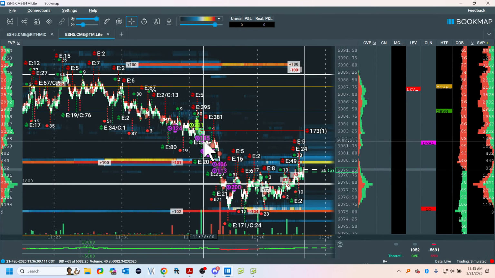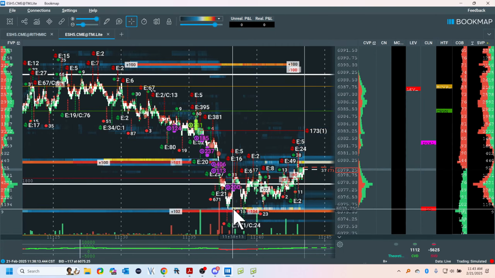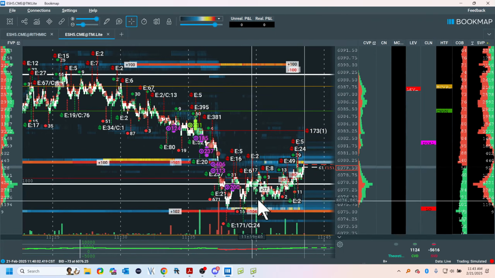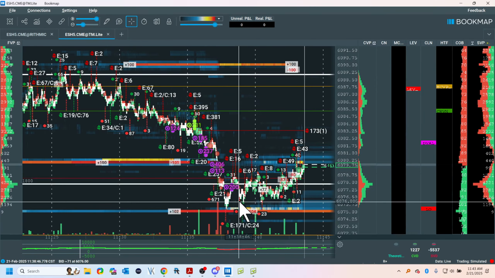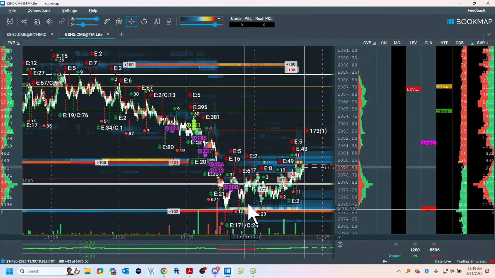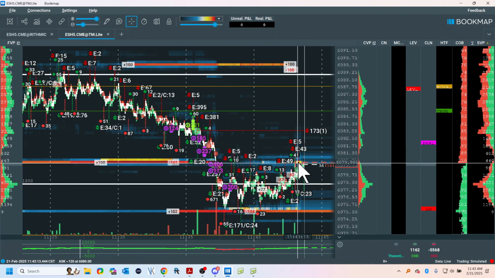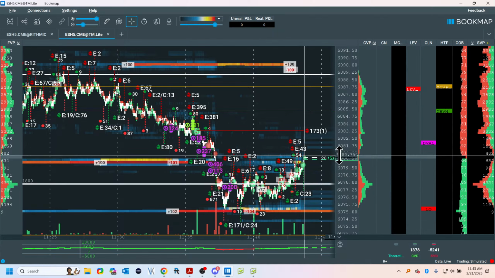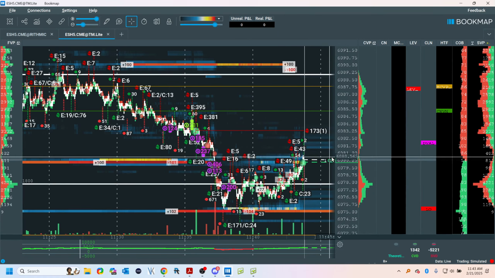So I have to look at this, and I'm going, well, what happened here? Liquidity came in the book. Absorption. So the sellers got absorbed here. The buyers are here. The volume is here, and I'm above it. That suggests here. So out here. Let's just see what happens out here.